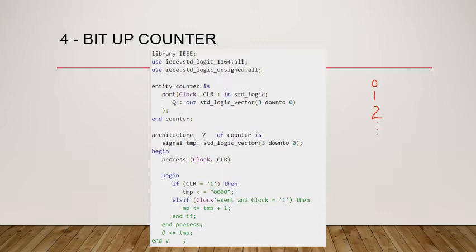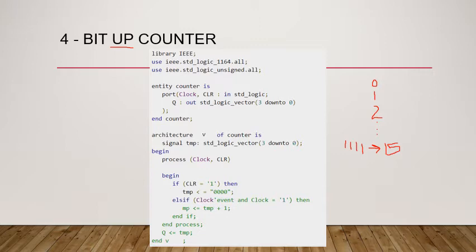And since it's a 4-bit up counter, the maximum value in binary can be 1111. So 1111 in binary is equivalent to the decimal value of 15. So this 4-bit up counter will be counting from 0 to 15 and again in the next cycle 0 to 15 and so on. That is why it is called an up counter, because it is counting from lower values to upper values. Similarly, we have a down counter.